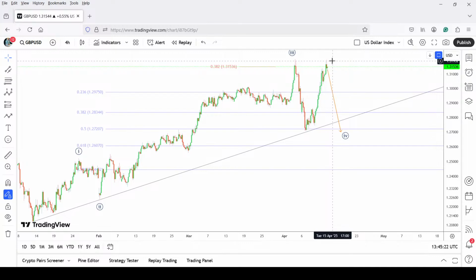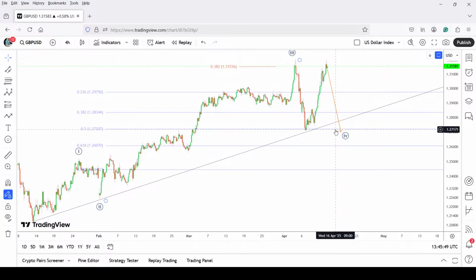All right, but it's better to avoid trading GBP USD right now as we speak. Sit on the sidelines. And if you have not yet booked profits, then it is still a good place to take profits. And the 50% mark, this is what we were here to find out.